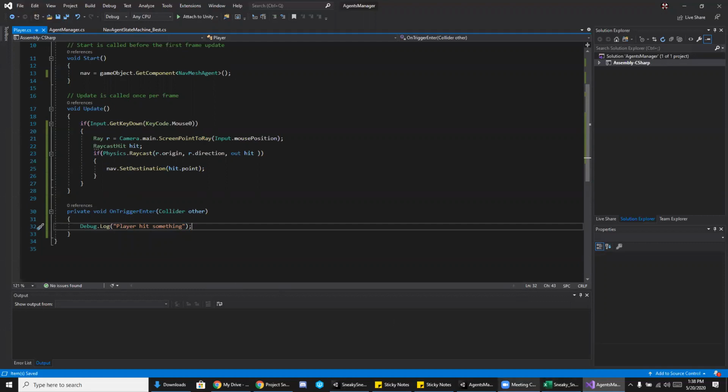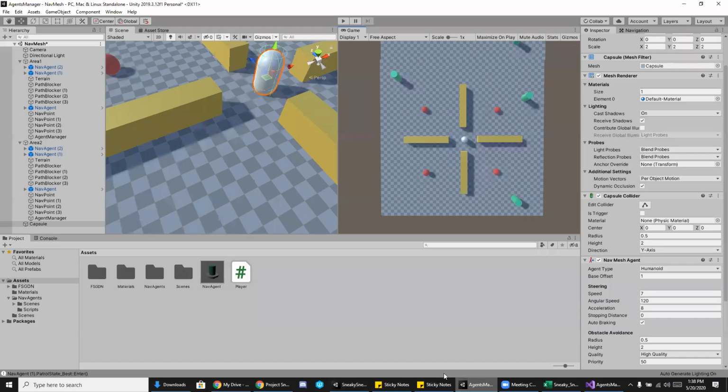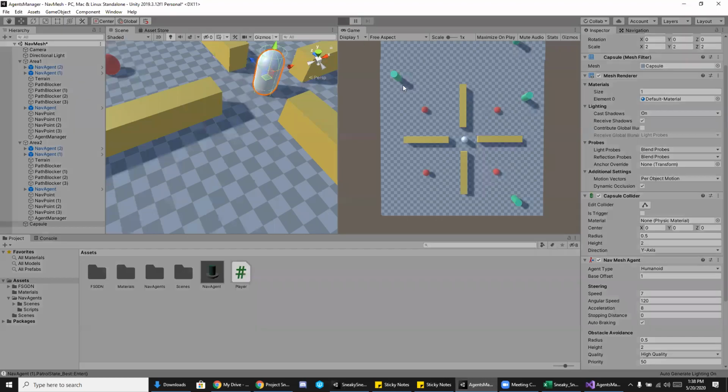Save that. If we try and see if this is going to print,